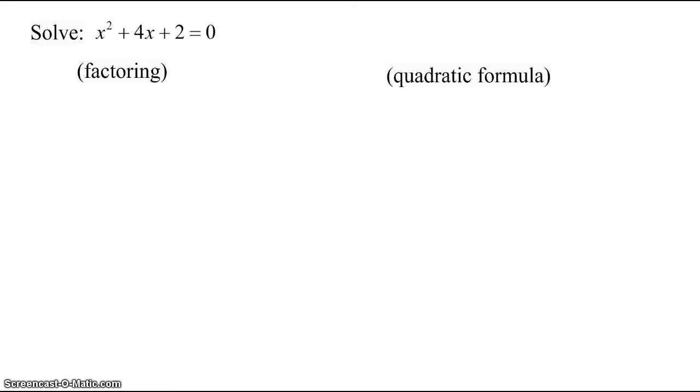By factoring, what do we got? We've got x. Going to multiply and add. Multiply to 2, add to 4. Let's see. We got, let's do